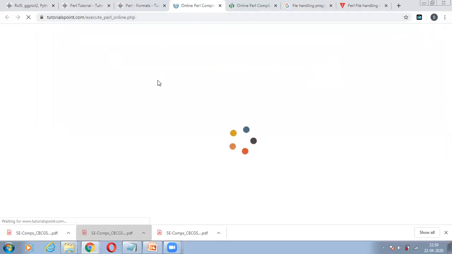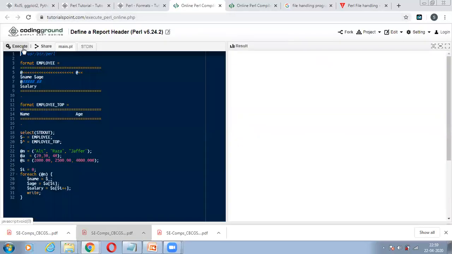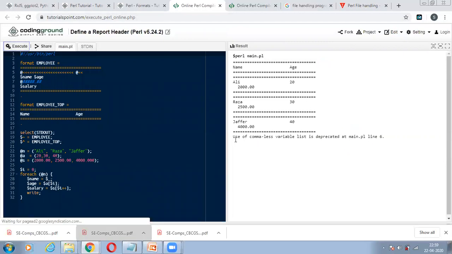And if I see a live demo of this, it simply executes this program, and you can see in what particular way I wish to have my things. So name should be a format and age. This format has been defined here with the help of this format command. Employee is equals to. So what are my details? This is what the employee details are, right?